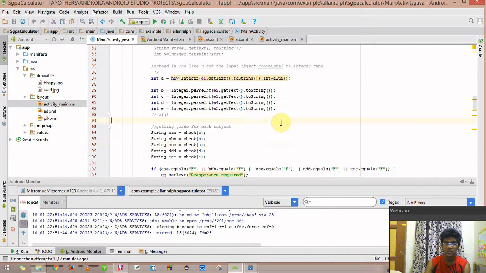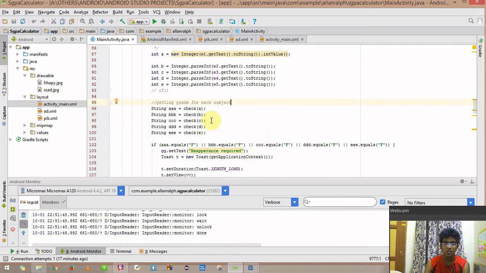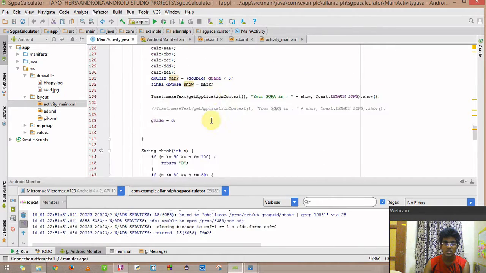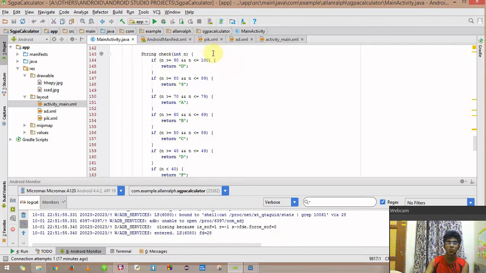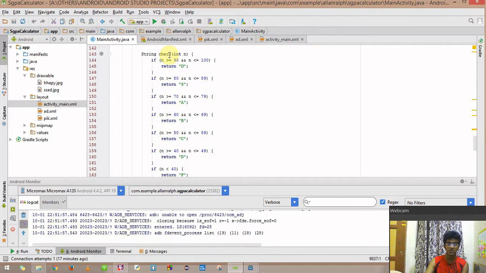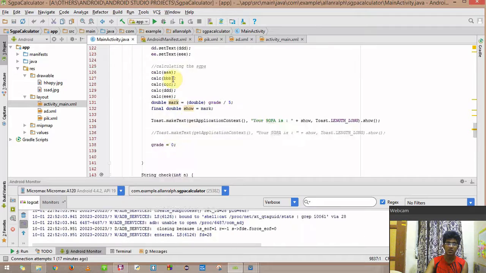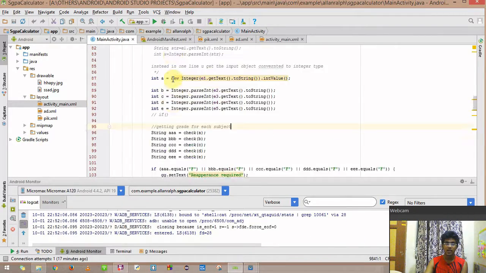So then to find the grade for each subject, you pass it through a function called check. Let's see how the check function works. So this is the check function. You pass the value, and depending on what the value is, it returns a different grade. For example, if the value of the marks is greater than 90 and less than or equal to 100, you say O, and likewise for the different criteria. So going back there,